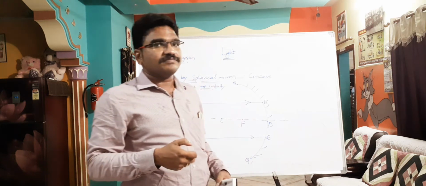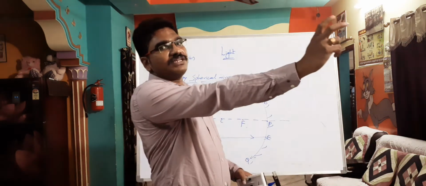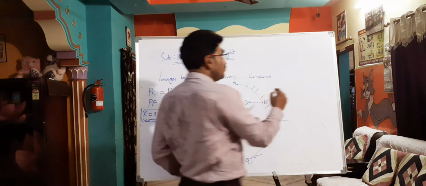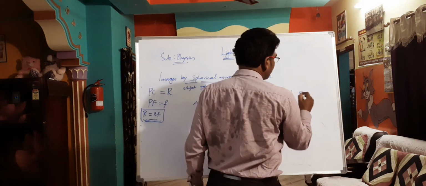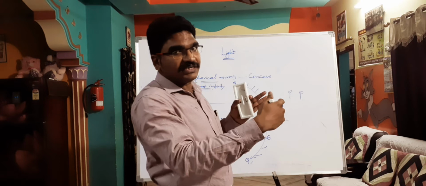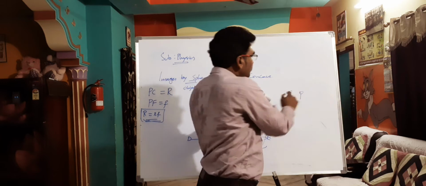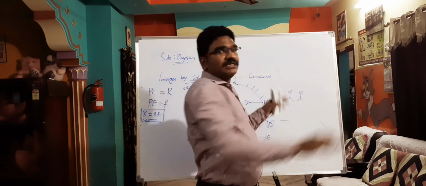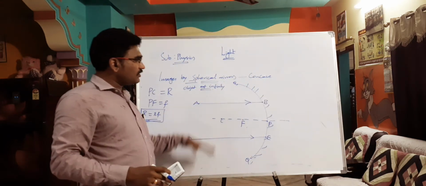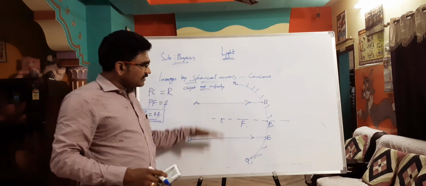Even if you take a torchlight, for example, when you switch it on and you are very far, that light appears very straight and parallel. But when it comes near, you see the divergence. Even you might have seen, if you take two nails and switch on the torchlight, the shadows of these nails will appear straight when you are very far. But when you come near, the shadows will be diverged. So this is the reason we say that the object is at infinity and the incident rays are parallel.